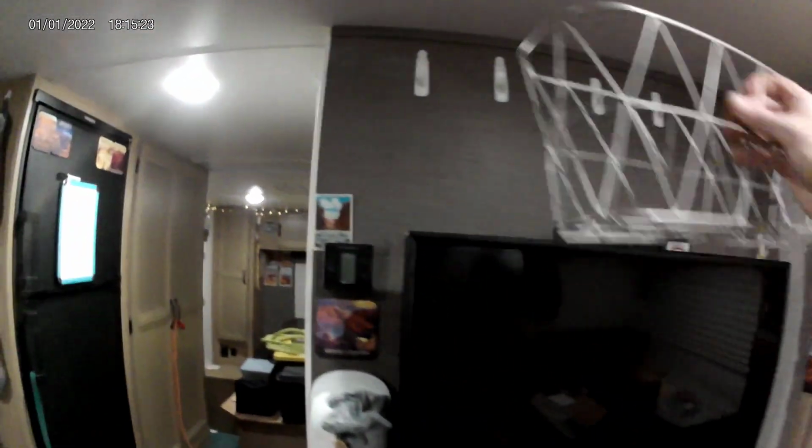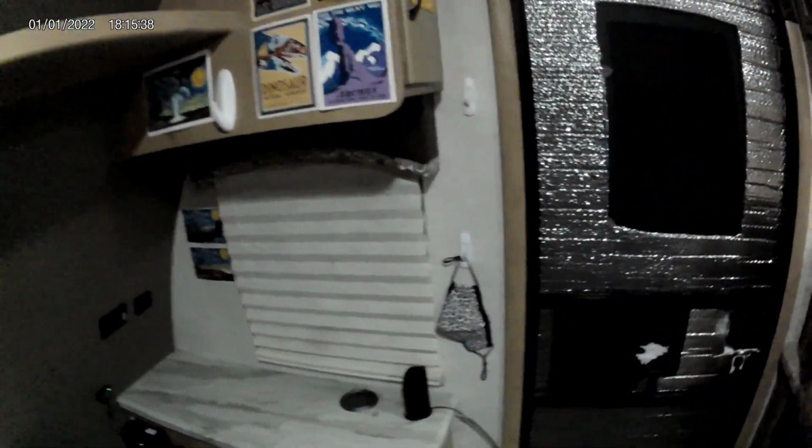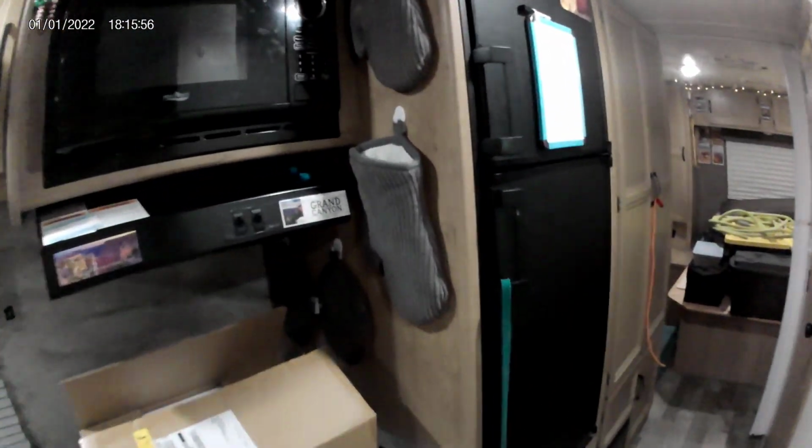Oh, here they are. So we have, that's not quite right, but you get the idea. So we have baskets that go up there. We hang everywhere. There's command hooks all over the trailer. You can see this was, we quit right at the end of the COVID era, so we still have masks. We hang hats and stuff up here, keys, more stuff. I mean, command hooks are absolutely everywhere in this trailer